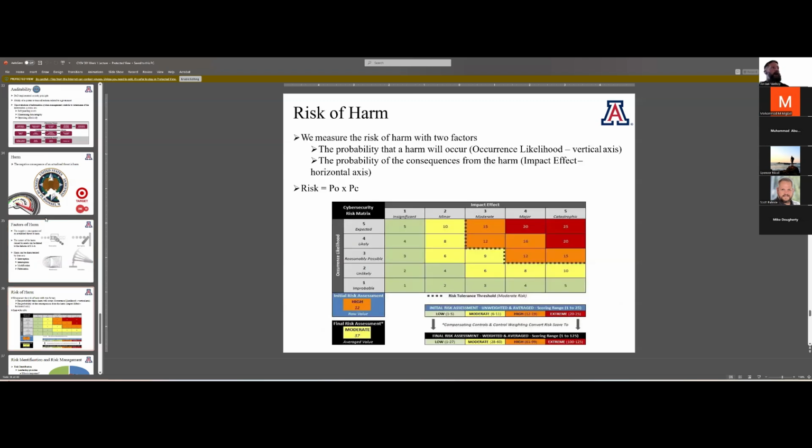So risk of harm, this is a very rudimentary level of being able to express harm, right? But ultimately, you're going to see this rather commonly. Risk expressed as the probability of occurrence and the impact, okay? And so, again, this would be a mixed method of qualitative and quantitative methodology. Quantitative because we're assigning numbers, and qualitative because we have a color scheme associated with it. But ultimately we need to understand what is the likelihood that something's going to happen and what are its consequences.